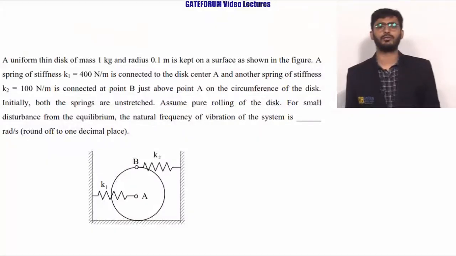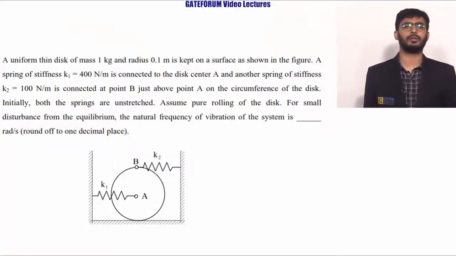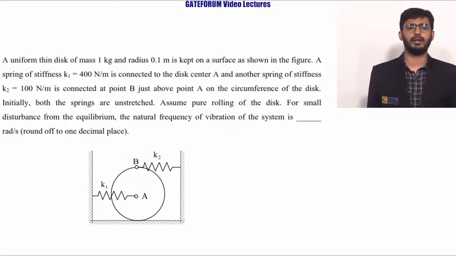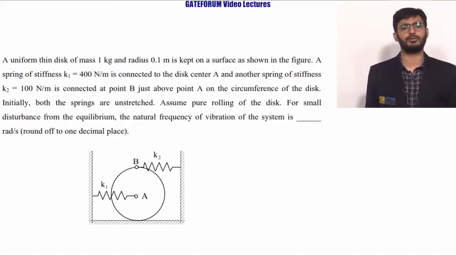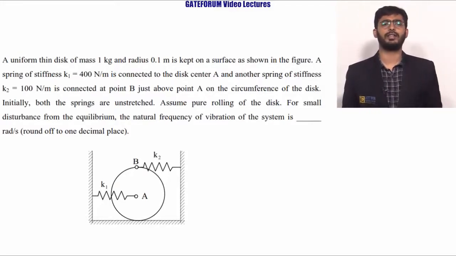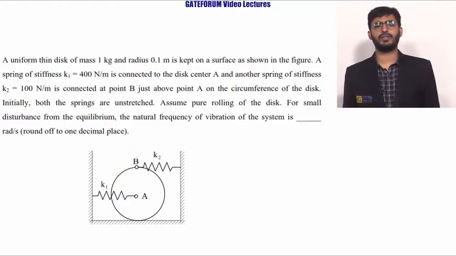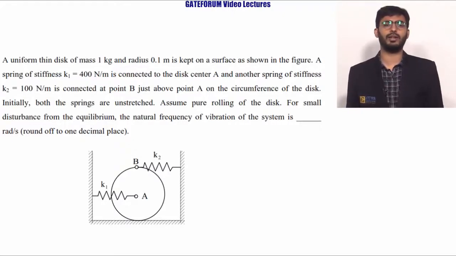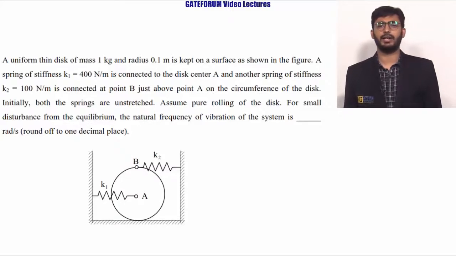This question belongs to vibration, that is from the topic free vibrations. This is involving conceptual depth also. So let us start our question. A uniform thin disk of mass 1 kg and radius 0.1 meters is kept on the surface as shown in the figure. A spring of stiffness K1 equal to 400 Newton per meter is connected to the disk at the center A,